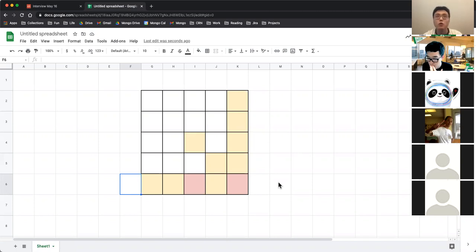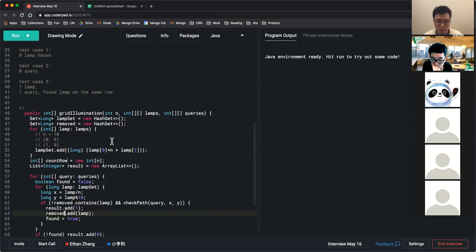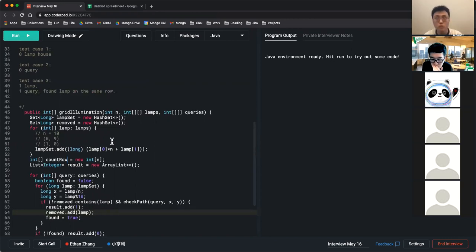For each lamp, we're adding 1 to that row and that column. We have 2 arrays, 1 for row, 1 for column, and we add to the values in the 2 arrays. And for diagonals,